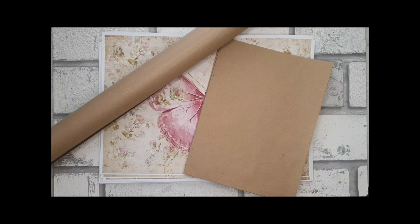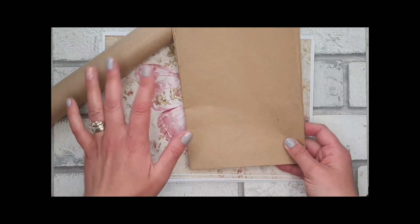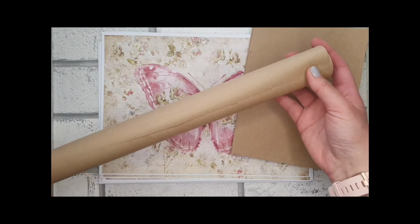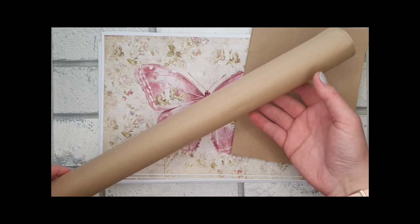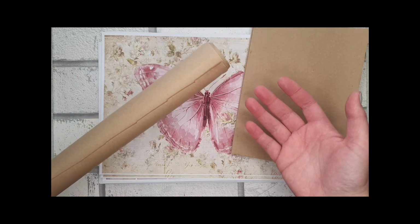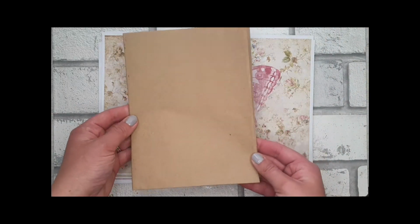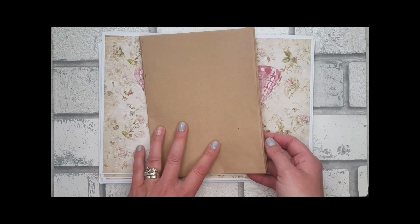And today's tutorial, as promised, I said that I would come on and we would make a mini album journal out of the brown packaging paper that you can pick up from most grocery stores, post office, Wilkinson's, wherever. Really inexpensive. I think it's probably only about a pound for a roll, and you can make so many journals and mini albums with this. So I have started to make the base of our journal,